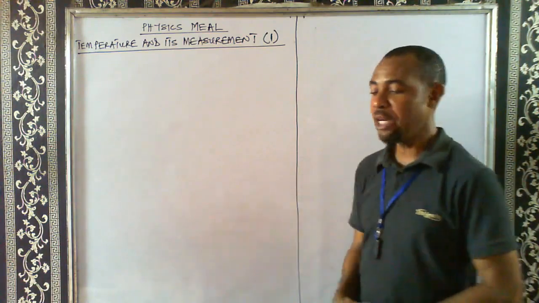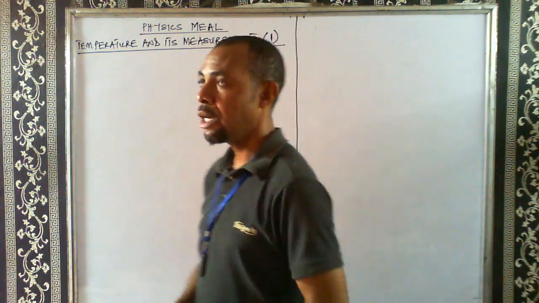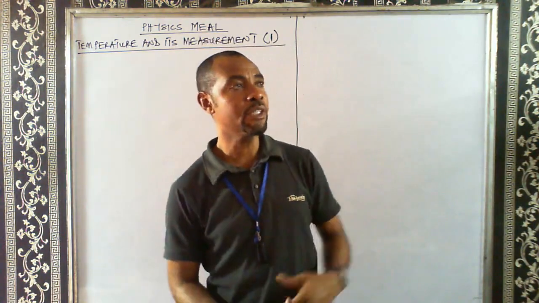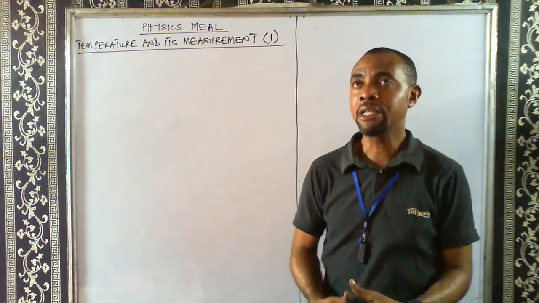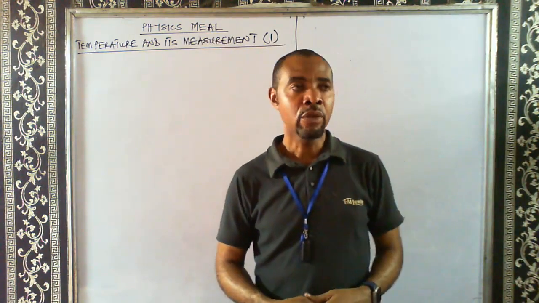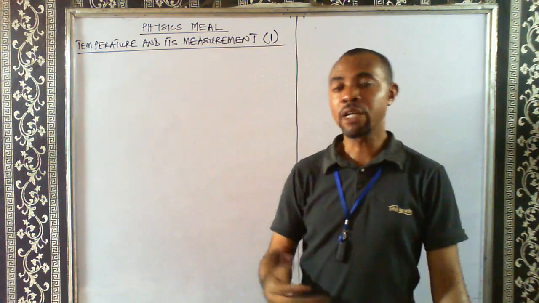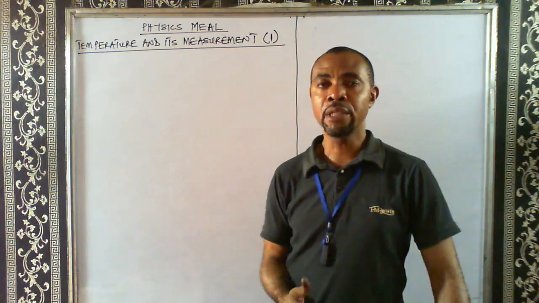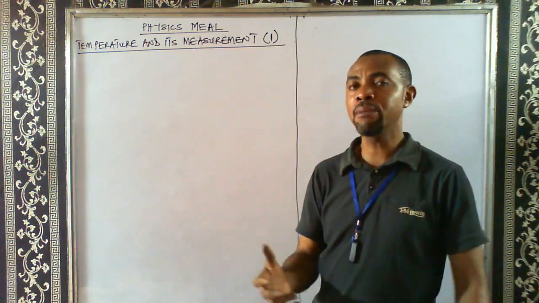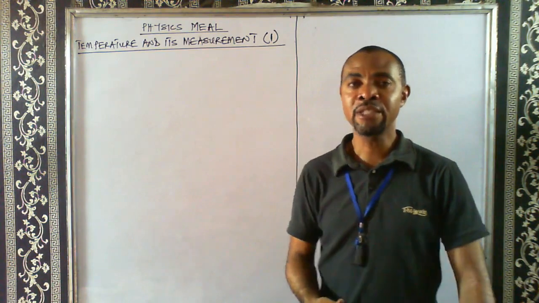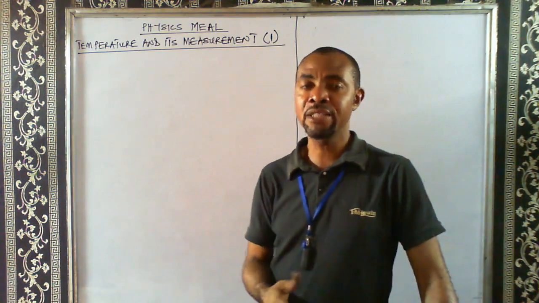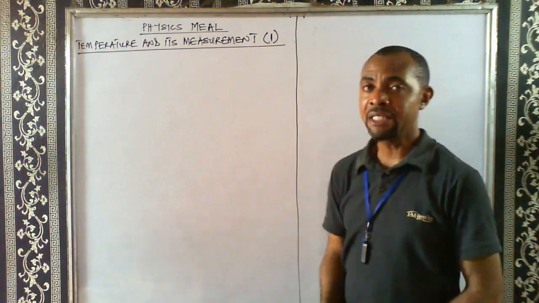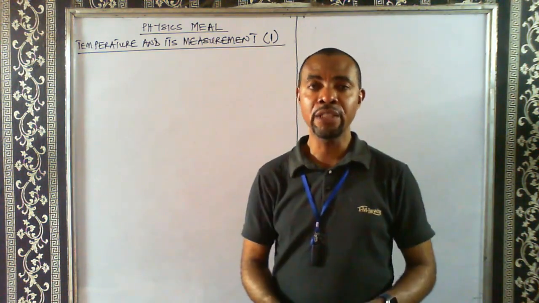Alright, from time to time we hear about temperature. It's not a new concept. People talk about temperature at home, and even in the hospital the doctors may touch a patient and they say, oh, the temperature is high. So temperature is something that we are very conversant with. But what do we mean by temperature of a body? Most times at home when people talk about temperature is when a body is hot. But temperature is not all about the hotness of a body. So in sciences we define temperature as the degree of hotness or coldness of a body.